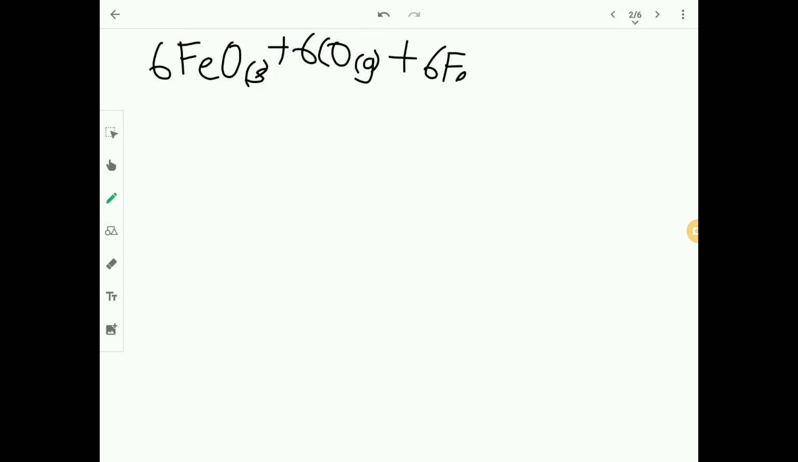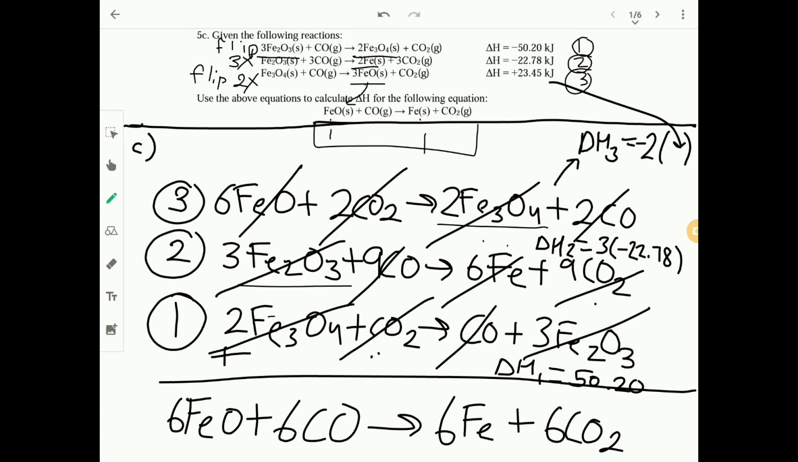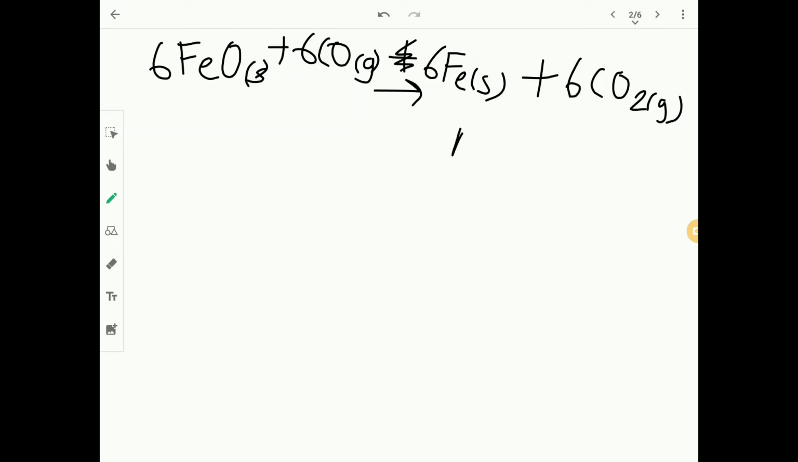Now we finally move on. Let's write a quick summary of what we had. 6 FeO solid plus 6 CO gas. Let's go back to the states. To give 6 Fe solid plus 6 CO2 gas. Now, if we go back to the given question, this is exactly what they required, but they want ratio 1 to 1. And let's quickly write the delta H. Let's call this reaction 4, which is equal to, if we add them all up, minus